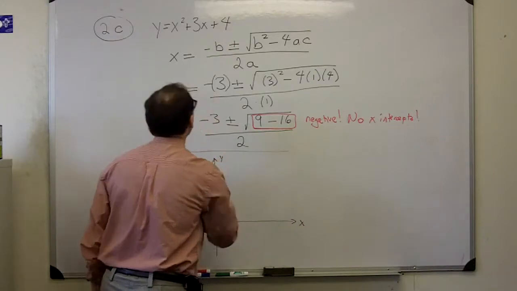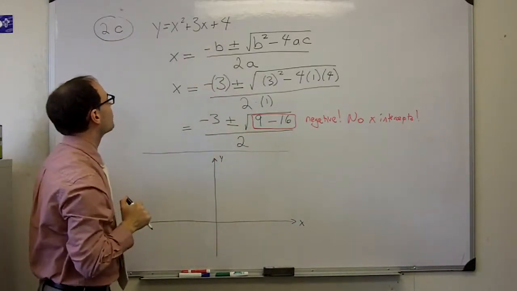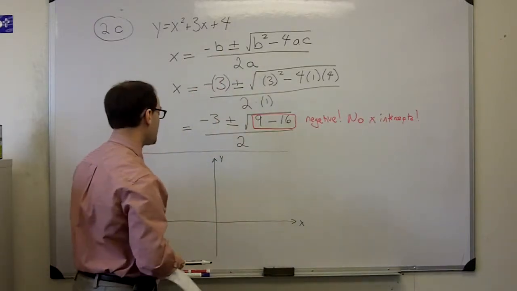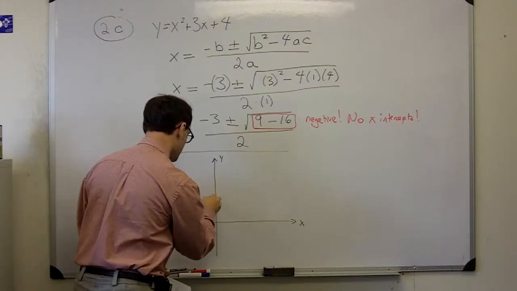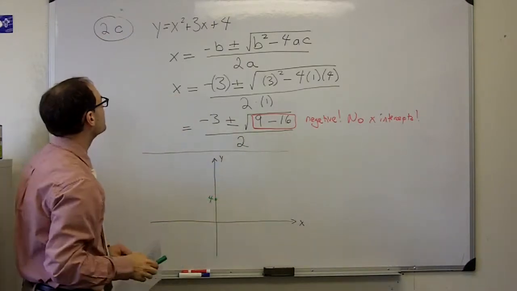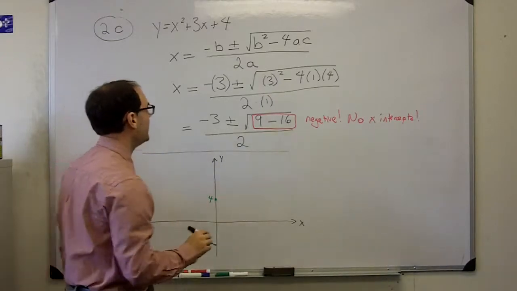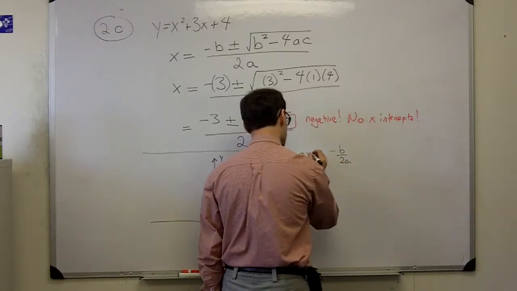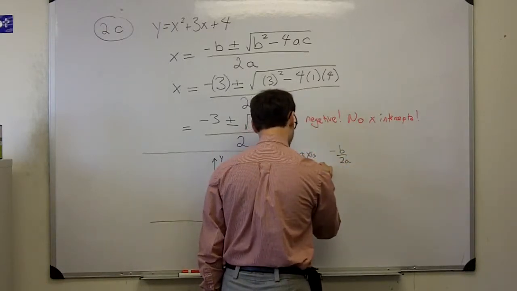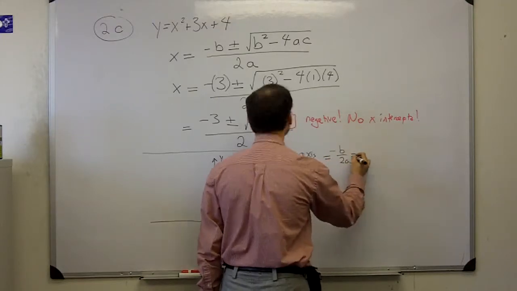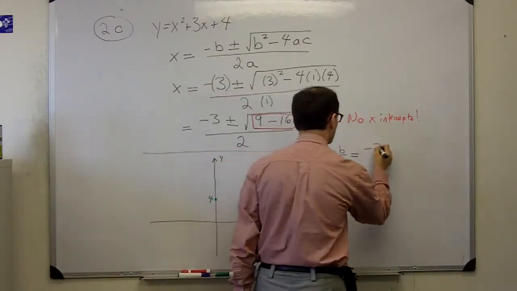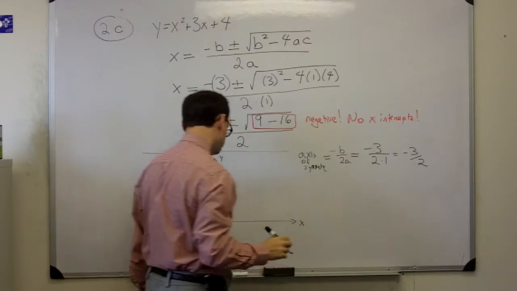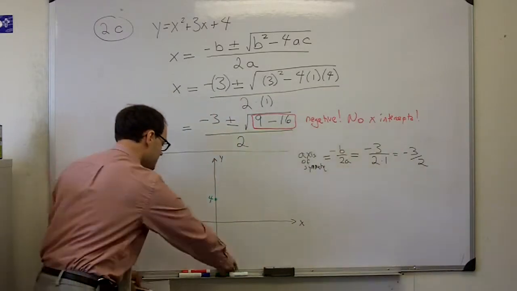Well, the first step is we check out where is the y-intercept. The y-intercept is this c. So that's the y-intercept. That's at 4. Okay, I can sketch that. Here it is, at 4. The next thing that we need to do is we need negative b over 2a. That's our axis of symmetry. Let's see, negative b is negative 3 over 2 times 1. That's negative 3/2. So that's negative 1.5. So the axis of symmetry